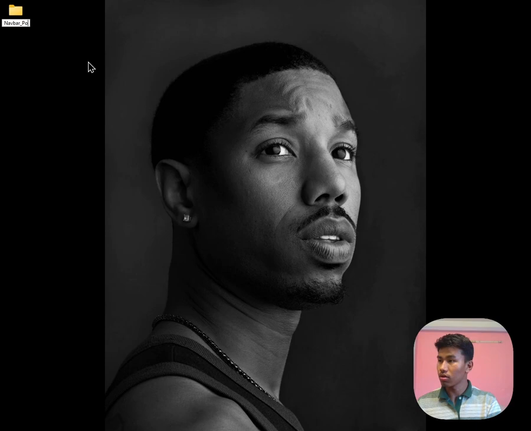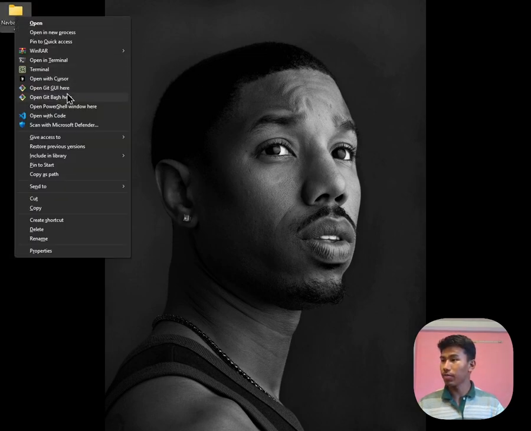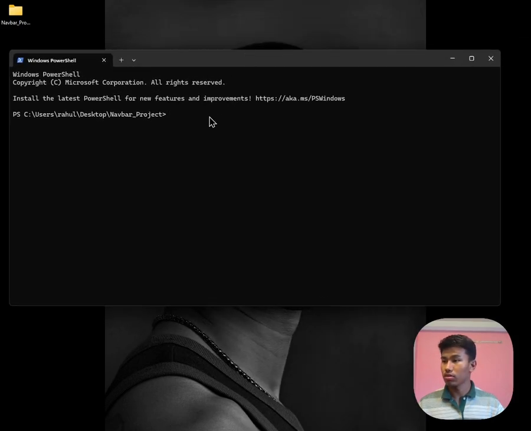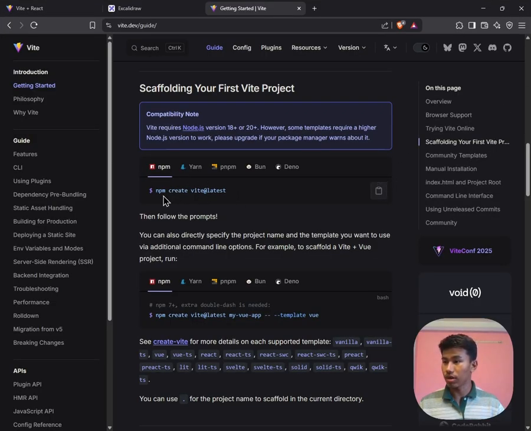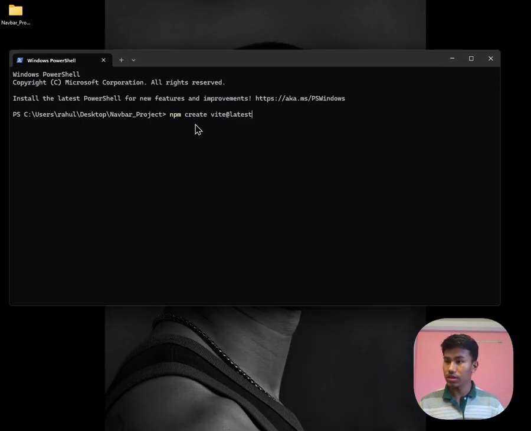Project. Okay. So let's open this with the terminal. Shift and right click, open with terminal. So in this terminal, we are going to paste this command, npm create vite@latest. Okay. So paste this one over here,